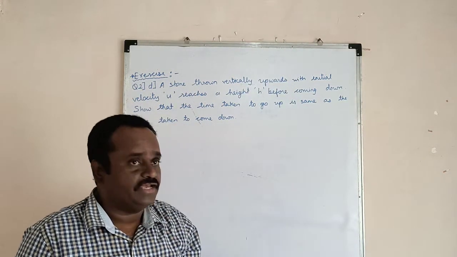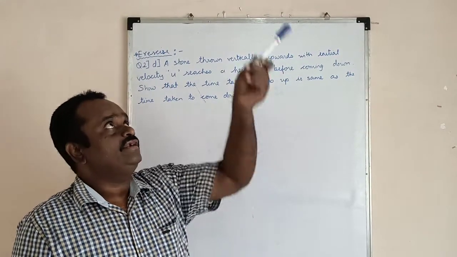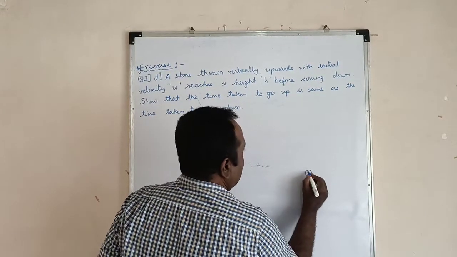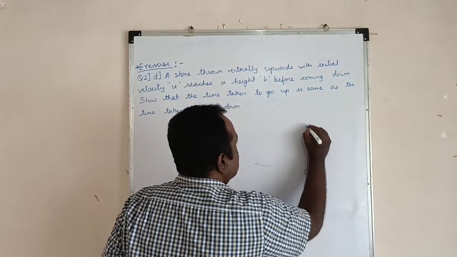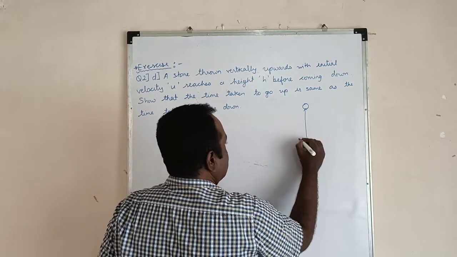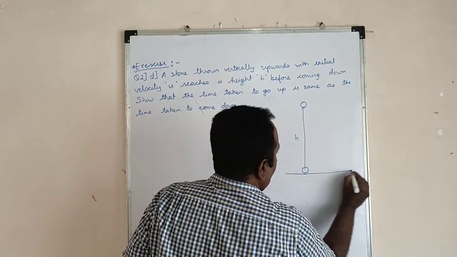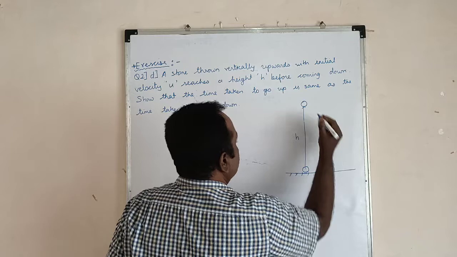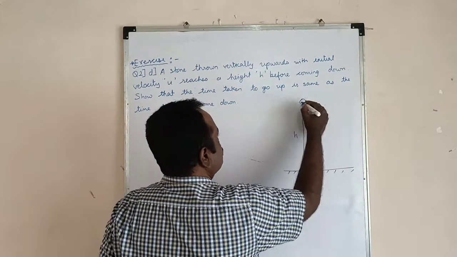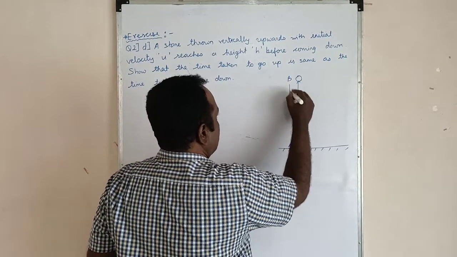So from where I have thrown it vertically, from that point till that point, suppose this is a stone and I have thrown it vertically upward. It reached over here. Let us take it as height h. From here it has been thrown. So if you take this as A and this as B and the height as h,